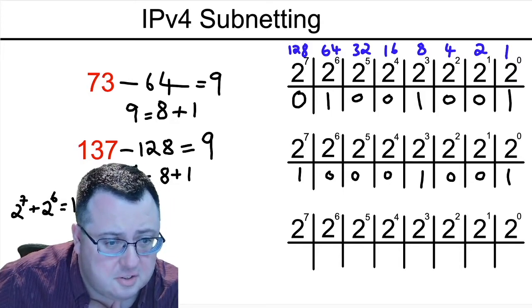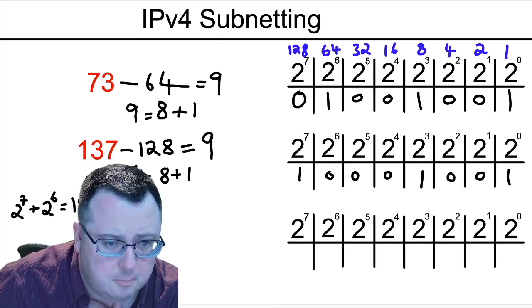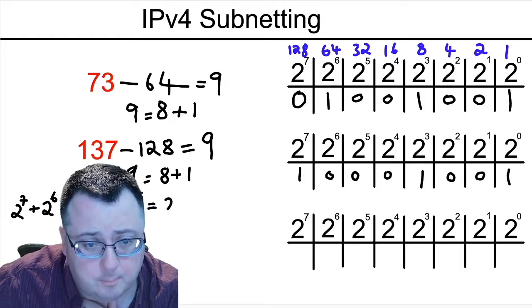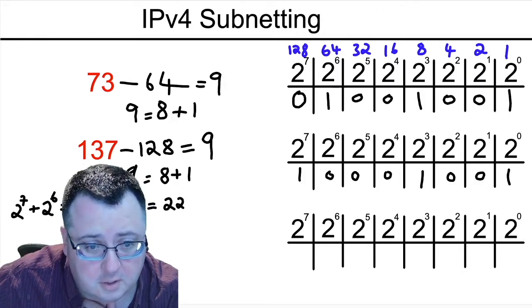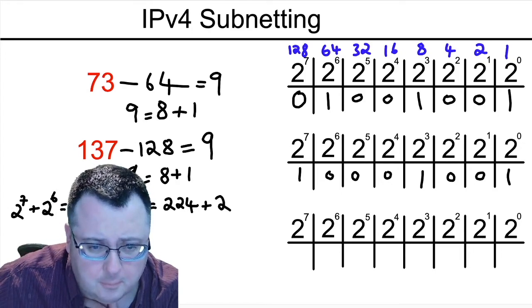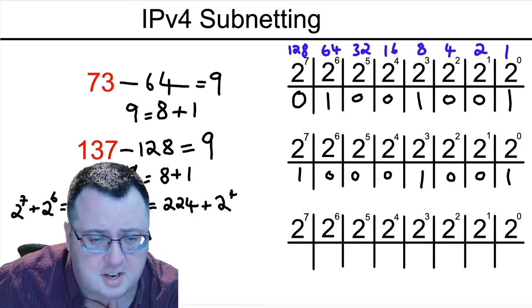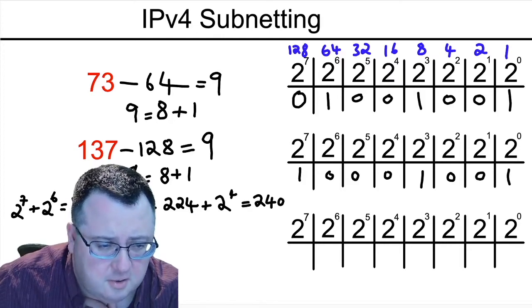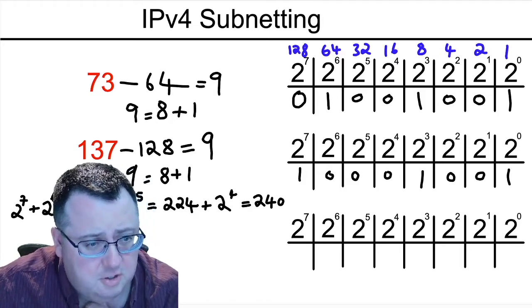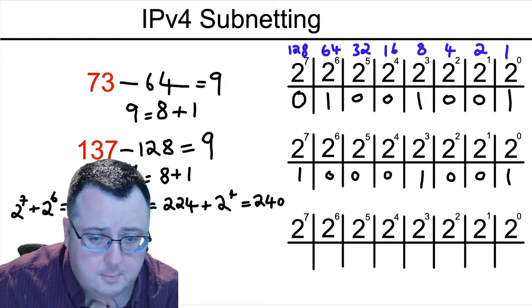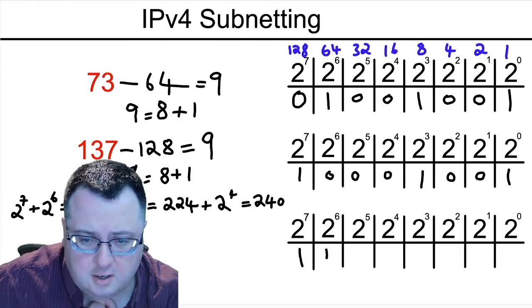If I added on 2 to the 5, that was 32, I would get 224. And then if I added on 2 to the 4, which is 16, I would get 240. Now 240 is too high. But the first 3 powers of 2, 2 to the 7, 2 to the 6, and 2 to the 5, they're all going to be 1s because we can get